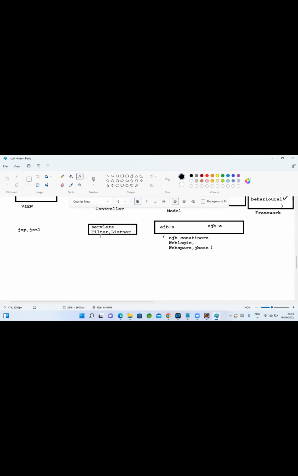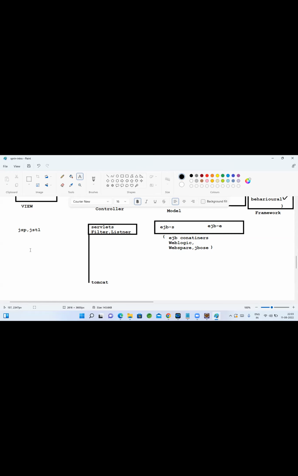Okay, coming to servlets and filters, we can run them on Tomcat as it is open source. We really need not be against these components. People will be against any component when it is costly, and they start to rethink it. Why do we need to use those costlier components? Don't we have any open source? So as Tomcat is open source, we really need not worry. Servlet components we can use.